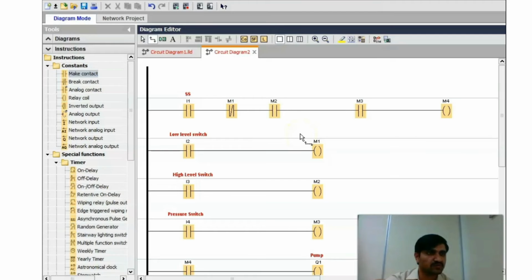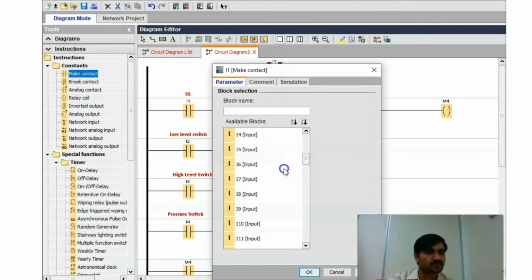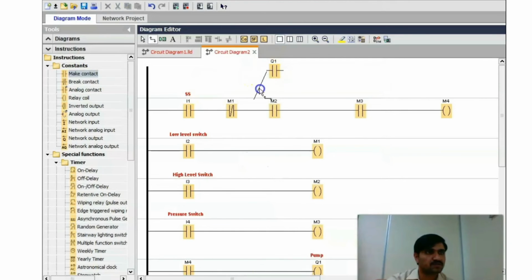So we need to put one interlocking here. So our pump will stop only when the tank level is low. We need one open contact of Q1. Q1 is here. We will put the interlocking here.